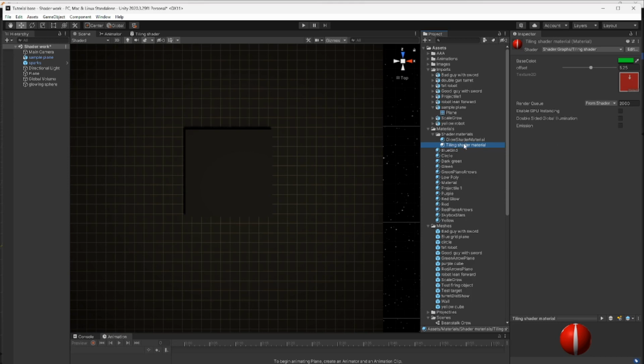So now if we grab this and drag it onto our plane, we can see that it's taken our image and our arrow is pointing up. Now I'm looking from the top and Z is up. And of course, this is the lower left-hand corner. This is 0 or